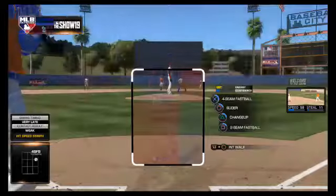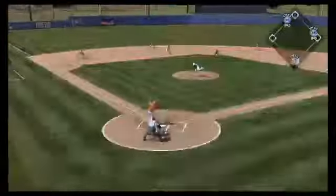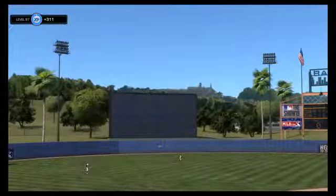Justin Turner will get the call to pinch hit here, and he'll find he has a couple of runners aboard with only 1 out in the inning. And this is on the ground to short. Could be 2. Relay to first in time, and just like that, this side is...